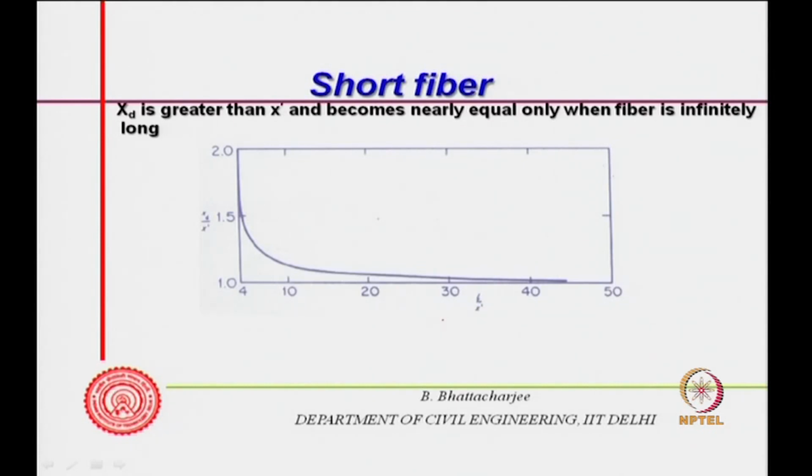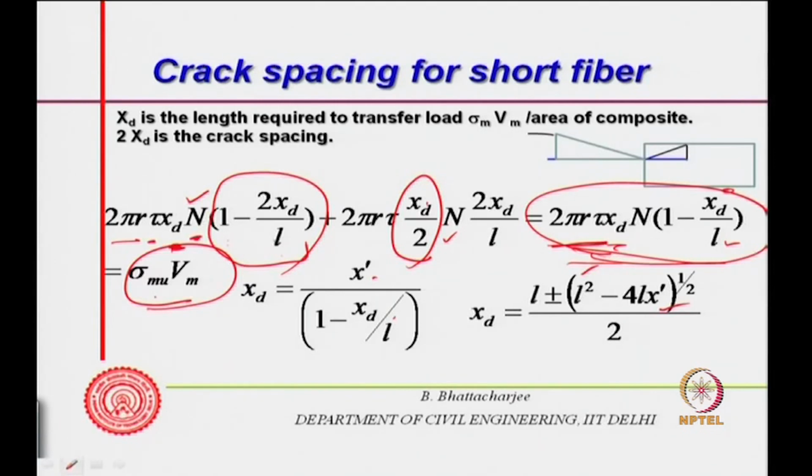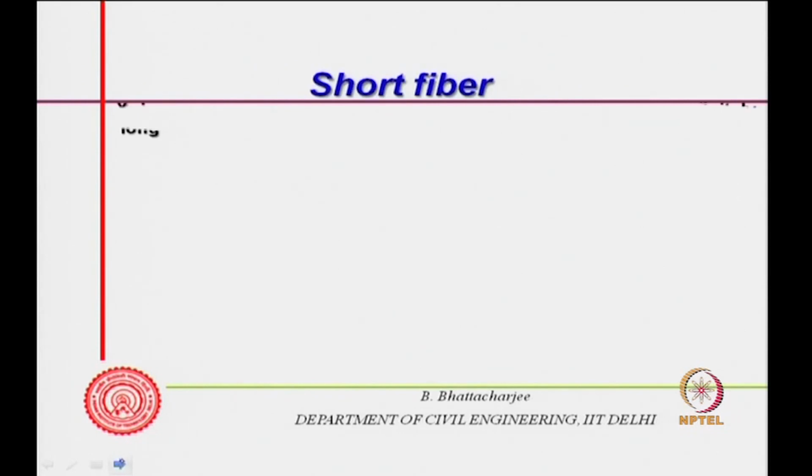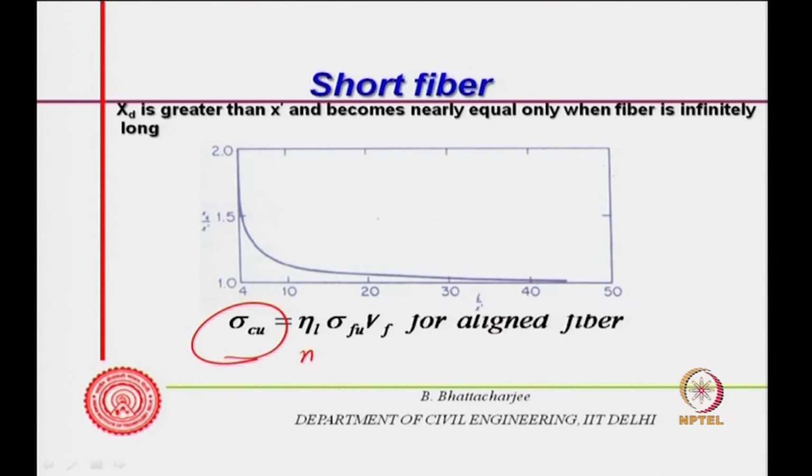So, it will depend upon L by d, because this was a function of L by d. There is a relationship with the radius r, the r is coming in here. So, as your L by r increases, this changes, and you can plot it in this manner depending upon L by r. As L by r increases, x d by x dash changes in this manner. So, this is the behavior of short fiber, and in such a case sigma C u will be the length efficiency factor, sigma f u b f if they are aligned,